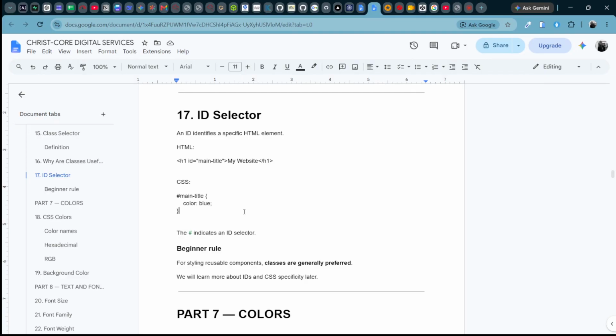So let me show us an example of how to use an ID. Let's say ID is equal to contact. Now let's come here and say, as per contact,